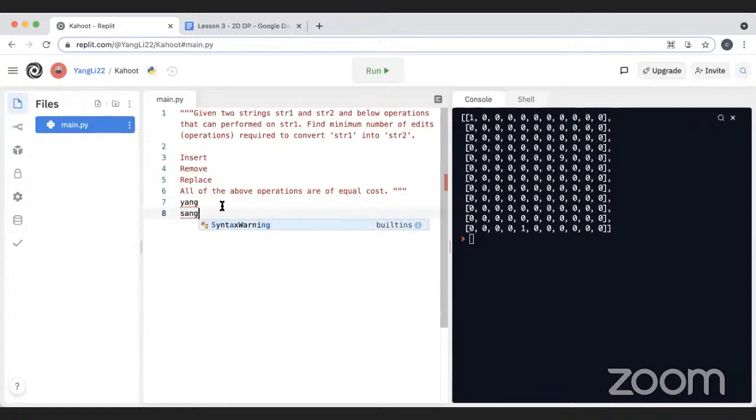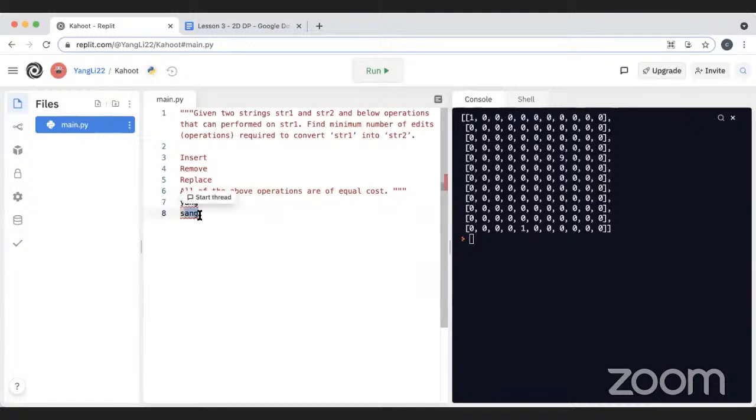If I did sang, not only does it rhyme, my name shares 3 letters with it. So the edit distance would be 1 here. Now, whenever you do a DP problem, especially a 2-dimensional one, it's always good to familiarize yourself and try to solve really small, simple cases by hand, so you get an idea of the process of solving. So in this case, we can see that if the first string and the second string share